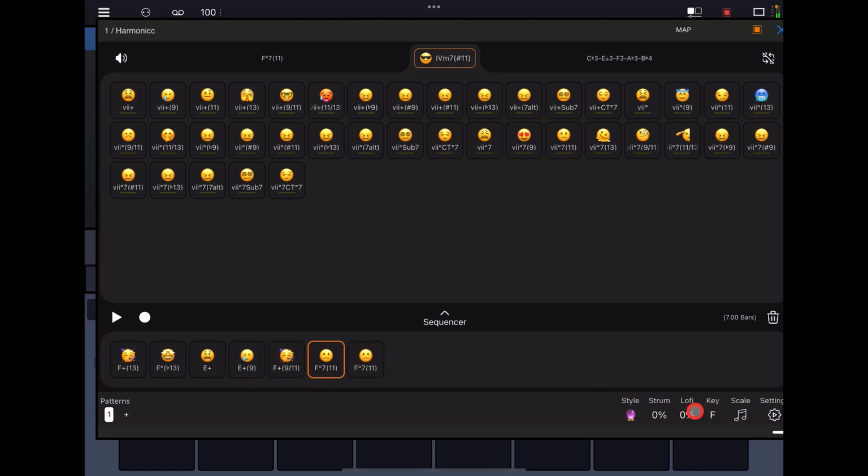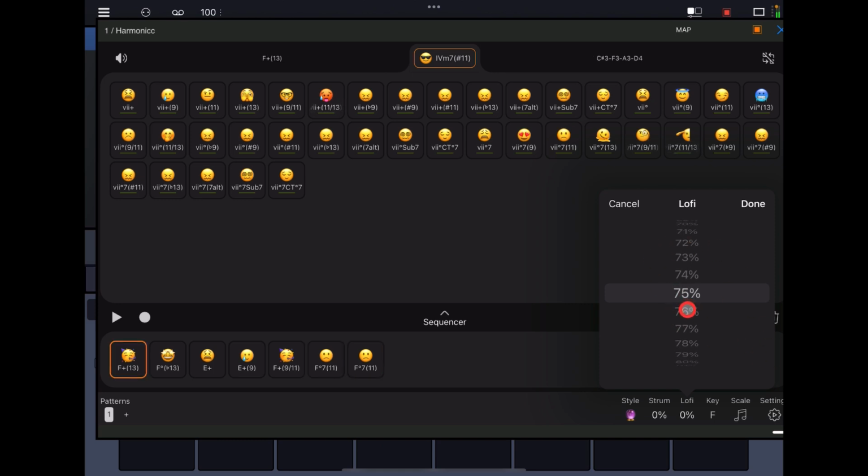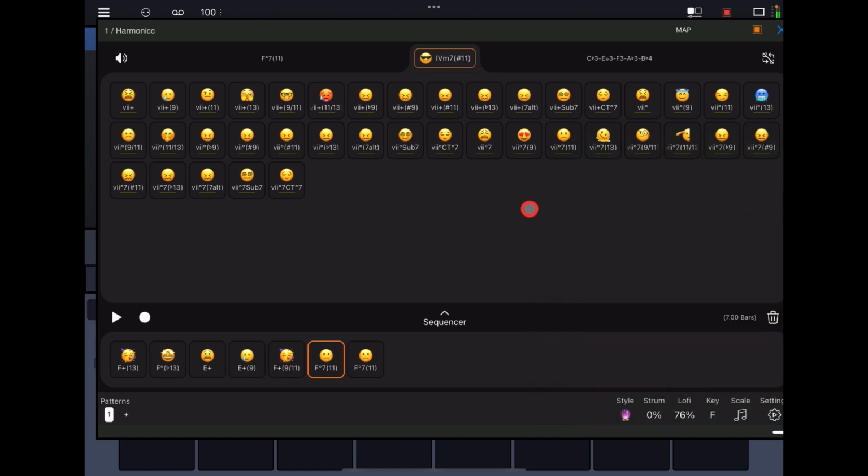We also have lo-fi. What this is going to do, depending, now we just change it in the sequence, if we drag up on this, we can change it, or if we tap on it, we can get into the menu. So let's go with quite a high percentage of lo-fi, and what this will do will mess with the timing of those chords. So let's have 76%, and it's going to nudge certain aspects of the chord off grid. So now if you listen,